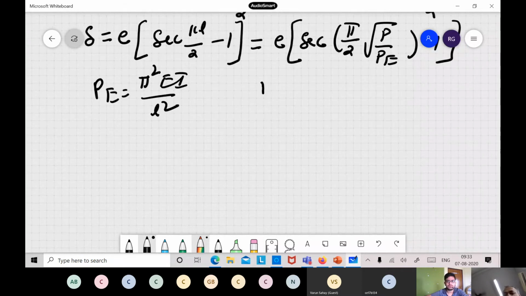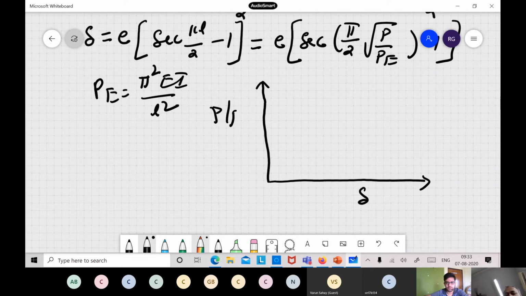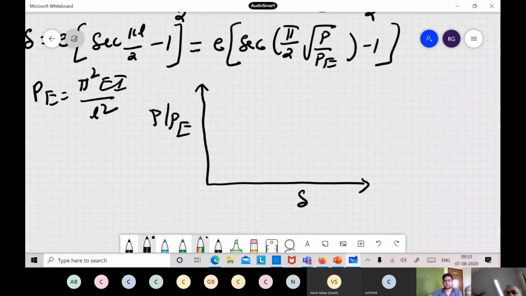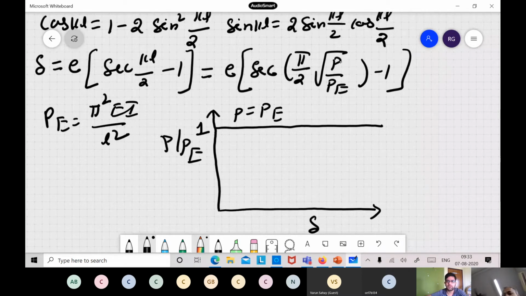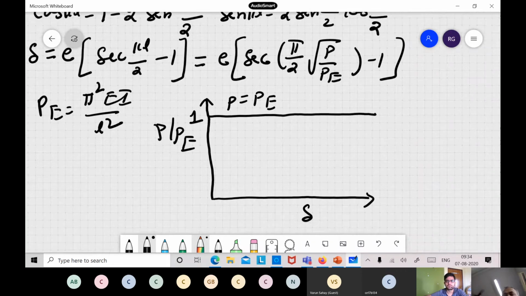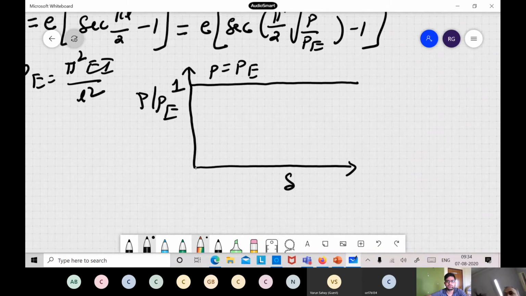Now here also, how do we calculate the buckling load? There is no concept of neutral equilibrium or anything like that for an imperfect column. So you have to do it only by load versus deflection. So P by PE, you followed, right? Now this is a secant curve. If it is a perfect column, this is your load deflection diagram, where 1 is P equal to PE. Now you have to plot this curve for various values of loads. When P is equal to 0, you have secant of 0 minus 1 and so on, so your deflection will be 0.